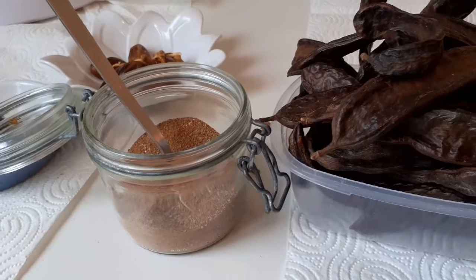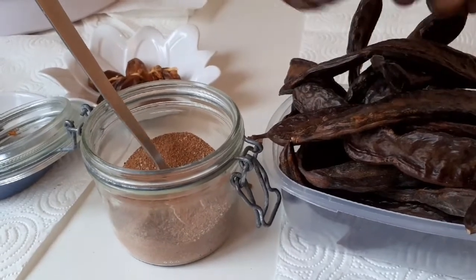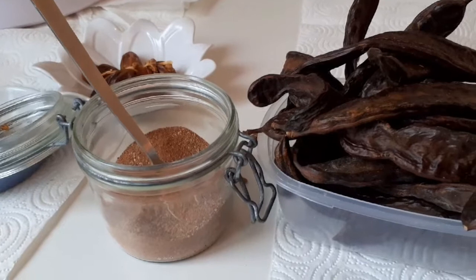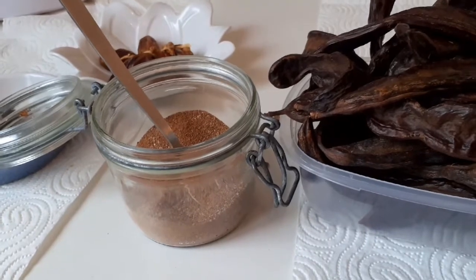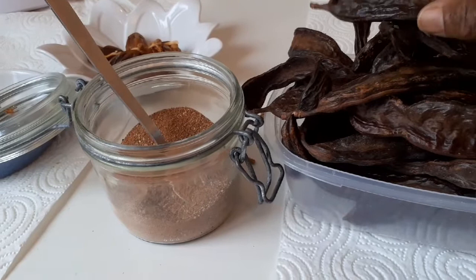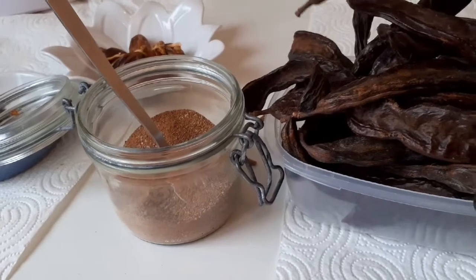So some of the benefits of carob is that it's low in fat, and it's very good for people on a low fat diet. But it's higher in sugar and in carbs than normal cocoa pods or cocoa powder anyways. So it's low in sodium, and it contains calcium, very good for our bones and